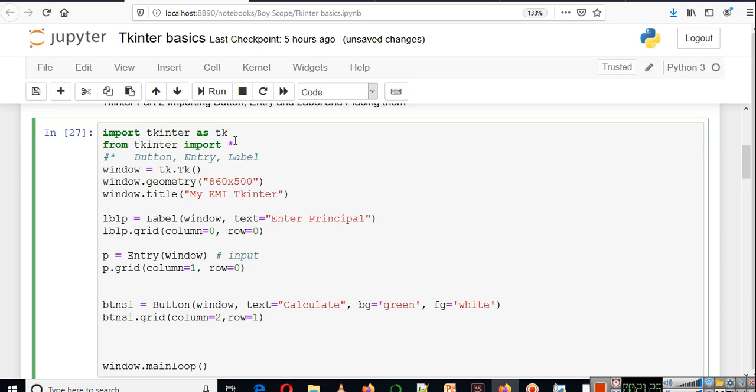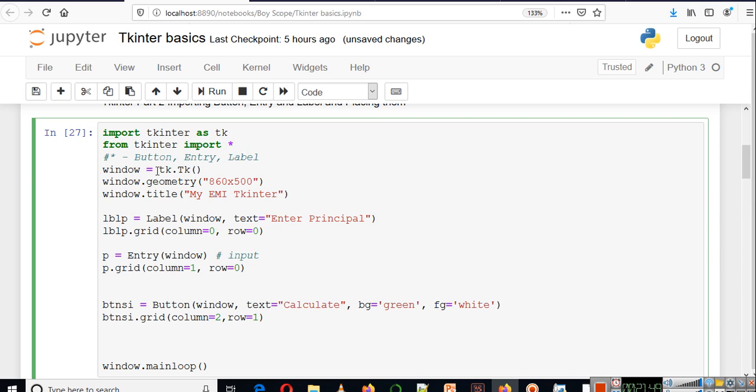Import tkinter as tk. So we are simply importing the tkinter library as tk. From tkinter we are importing star. So from the tkinter library we are importing some classes here, or you can say we are importing some widgets here: button, entry and label. So star will import everything.